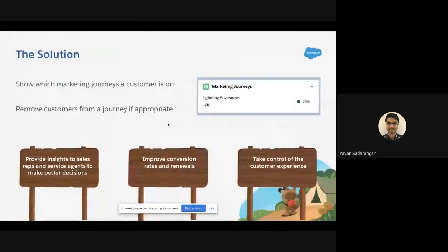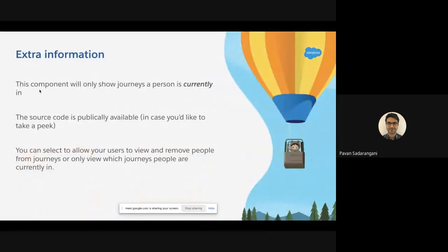And in terms of things that you need to be aware of, this component will only show you the journeys that a customer is currently in. So they actively need to be in those journeys in order to get that visibility. Think about a journey like a single send journey. A single send journey will immediately send out a message, whether that be an email, an SMS, or a push message, and immediately remove them from those journeys. So if you're creating single send journeys, you're not going to see your customer within those journeys. If you're creating journeys that immediately send a message and remove those customers from that journey after a minute, again, you're not going to see them. But in cases where you have a long-running journey, those are cases where you're going to see the component really shine and give you visibility into which journeys your customers are currently in.